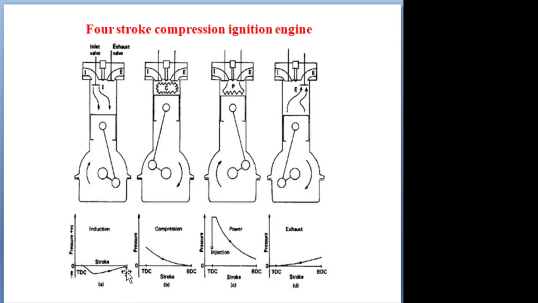The intake stroke is the same, the adiabatic compression is the same. In the intake stroke, the inlet valve will open, and by natural aspiration, air will enter the cylinder. Next, in combustion we will supply the compressed fuel, it will enter the cylinder, mix with the air and absorb the heat, and on reaching the self-ignition temperature, combustion will initiate. Next, the exhaust process: the exhaust valve will open and the exhaust gas will escape first due to pressure difference, then due to piston movement, total cleaning will take place. The main advantage of the four-stroke compression ignition engine is the high compression ratio, which means we can produce high torque.